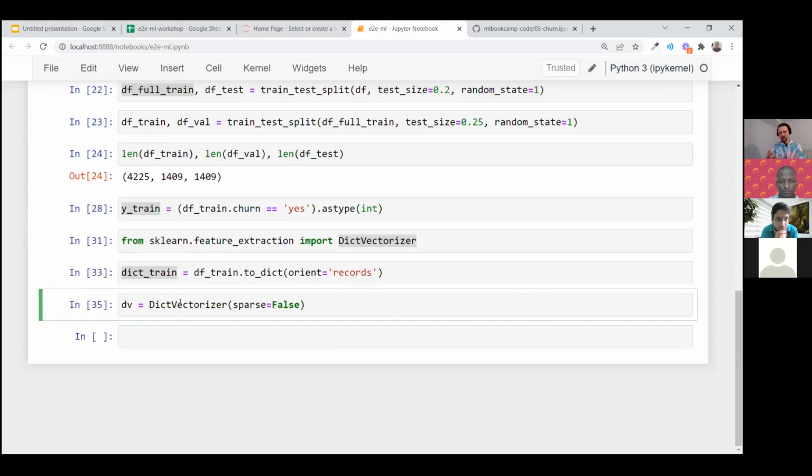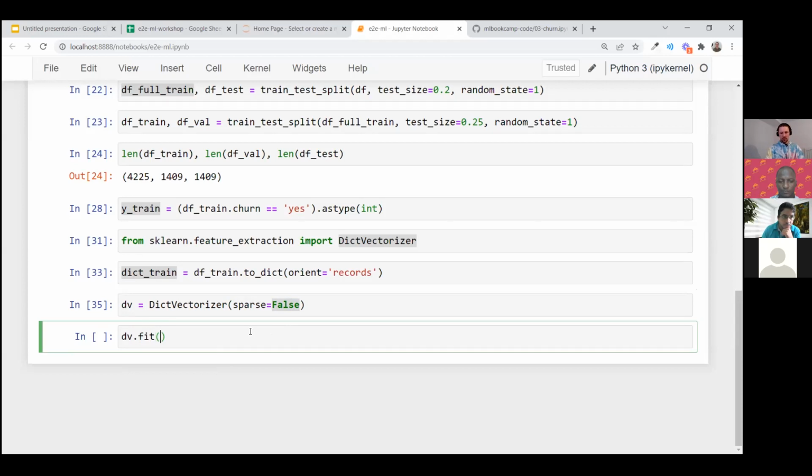Sparse matrices are an efficient way of implementing this capital X matrix when we have a lot of categorical variables. I will not go into details. So that's why, for simplicity, I will use sparse=False here, because I want to show you how this thing looks, and this is easier to do when sparse is false. So don't worry if you don't know what sparse is.